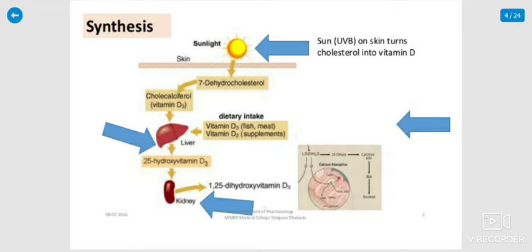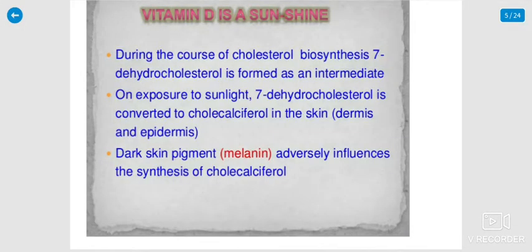You should go out and be exposed to sunlight in the early morning as well as at evening sunset time. Sunlight on your skin turns cholesterol into vitamin D. What is the major synthesis structure? Vitamin D is the sunshine vitamin; during the course of cholesterol biosynthesis,